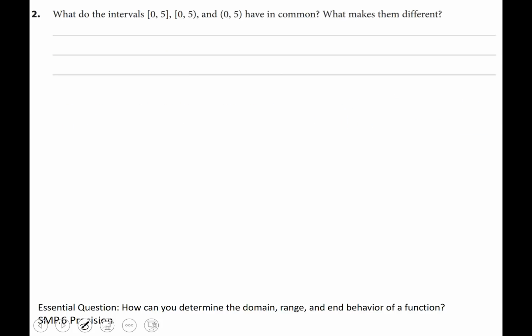And then it asks us in number 2, what do the intervals [0, 5], [0, 5), and (0, 5) have in common, and what makes them different? Well, in common, they've all got the same numbers, right? So we would say all intervals contain the numbers between 0 to 5. All intervals, sorry, my handwriting is terrible,